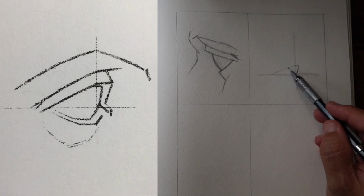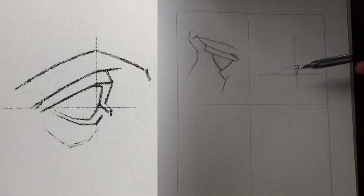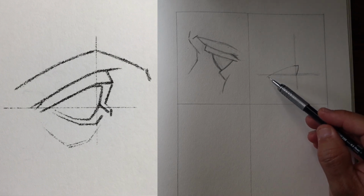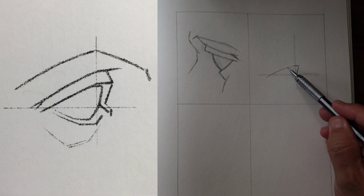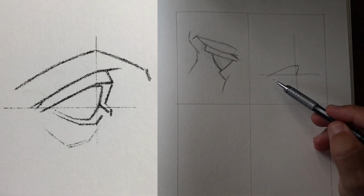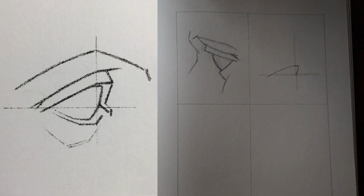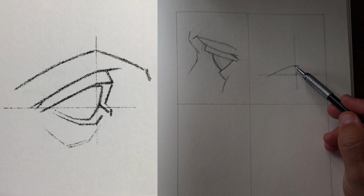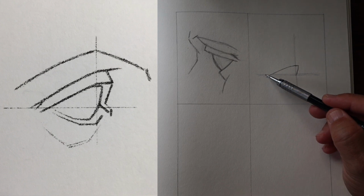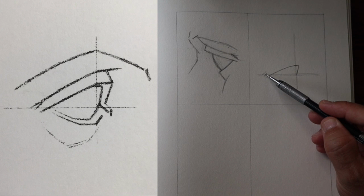The way we get the proper lengths or distance of line is according to its angle. If the angle is right, then the length is going to be right. If the angle is wrong, then it's going to be shorter or longer. So how do I know it was here? I check the angle. If I'm close, then it should be fine. I could see a little cross section right there. And I could almost just finish this area by